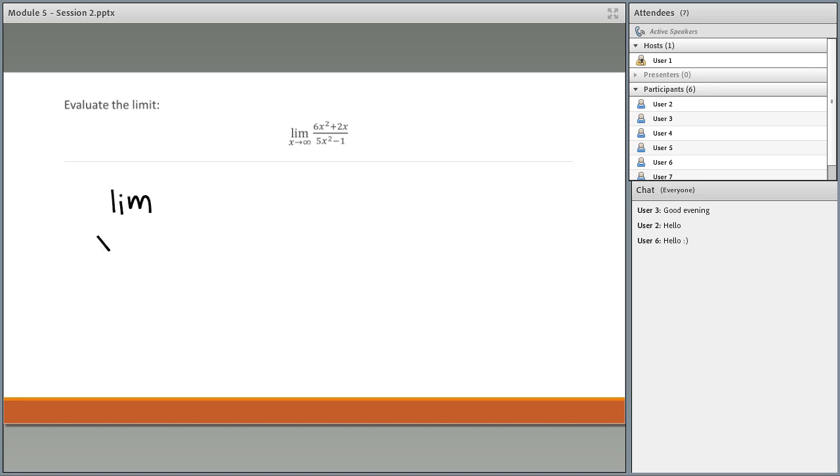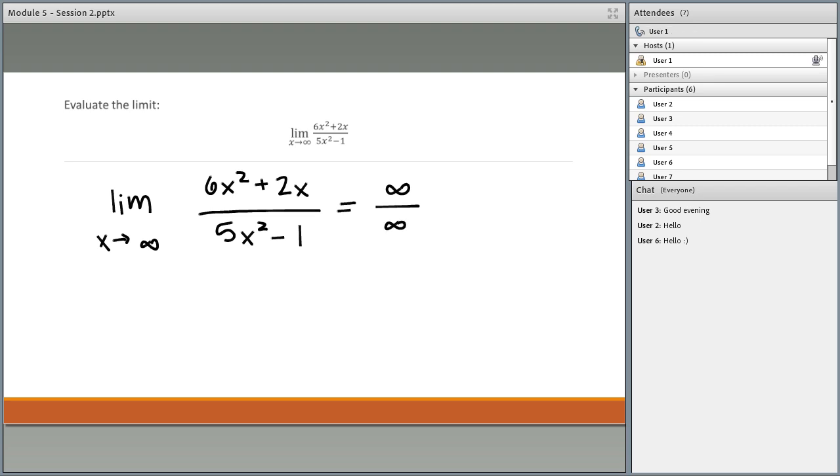So if we take the limit, just rewriting, as x approaches infinity, of 6x squared plus 2x over 5x squared minus 1. What happens is the numerator goes to infinity, because we have an x squared and a 2x, that goes to infinity, and the denominator also goes to infinity. So we get infinity over infinity, which is not an answer. So we need to try something else. In the last set that we did in one of the previous modules, we divided every term by an x squared, but we could also use L'Hopital's rule. And what L'Hopital's rule says is,